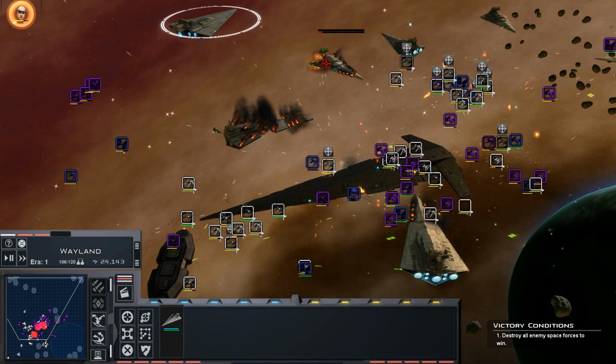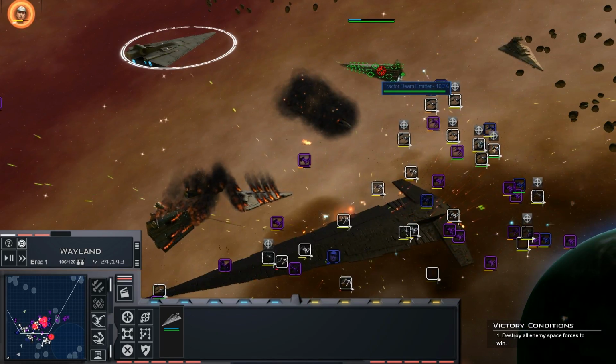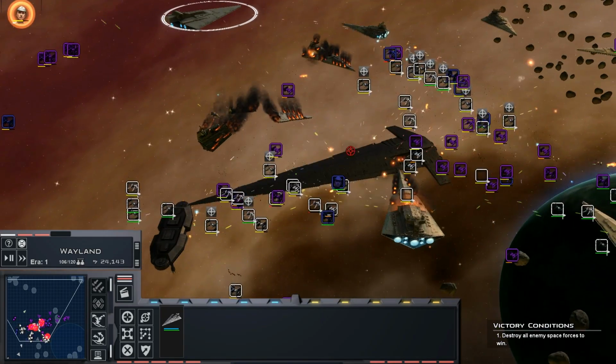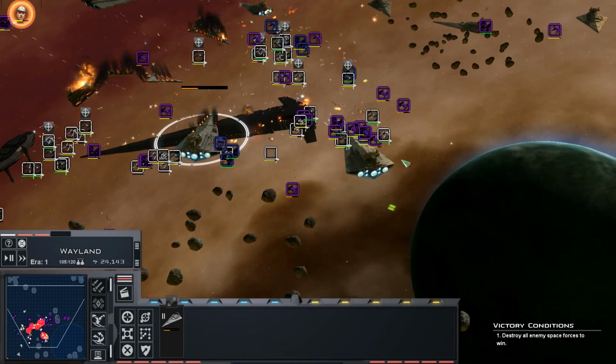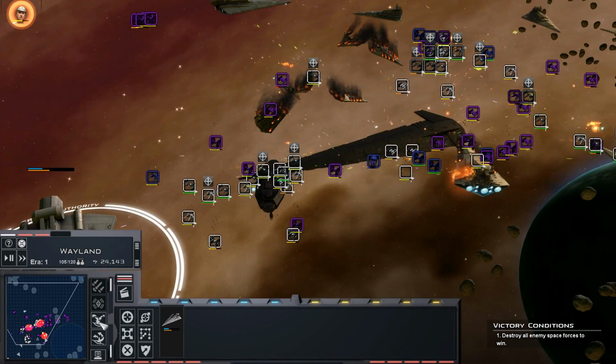Okay, Vengeance is actually taking out Merciless, so... Is it going to shift over and try to take out Demonic? No, it's going to be our stuff. Alright, we can bring in